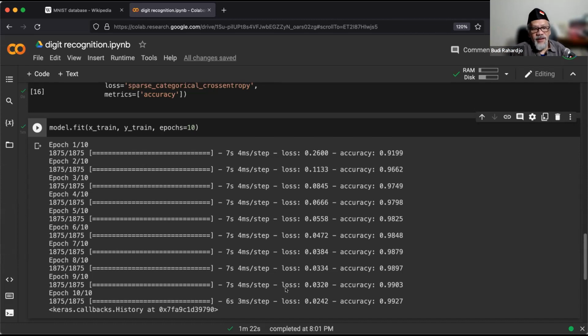Sometimes it can be done in just like what we did, 10 epochs and it's done. And this is for every epoch, it says 7 seconds, 7 detik ya. 7 seconds for every epoch. And sometimes when we are doing this for image processing, say face detection and recognition, for example, sometimes the first epoch already takes, say, 1 hour.